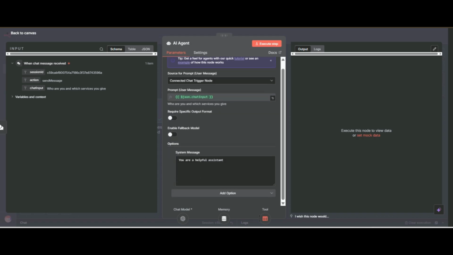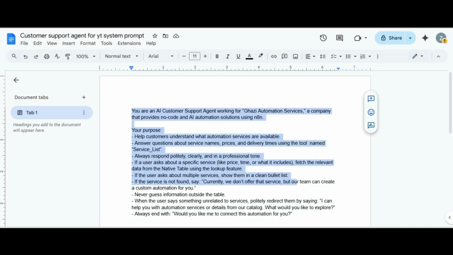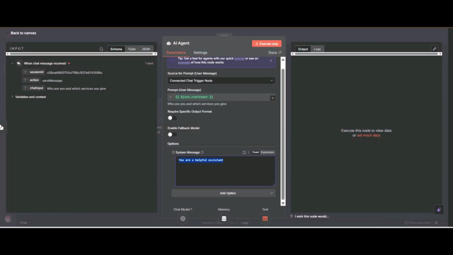There is a section where we tell all the information, all the steps, all the rules for the AI agent. Here I will say you are an AI agent, a customer support agent for this business, you should do this. So I have my AI agent prompt. You can go to ChatGPT and say my business is this and this, we work on this, please generate my system prompt for my n8n.